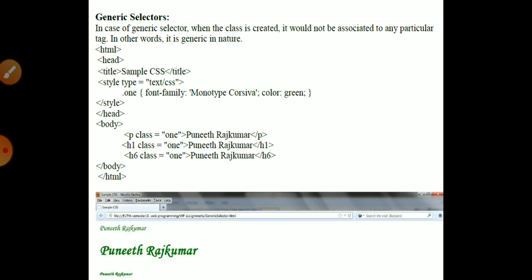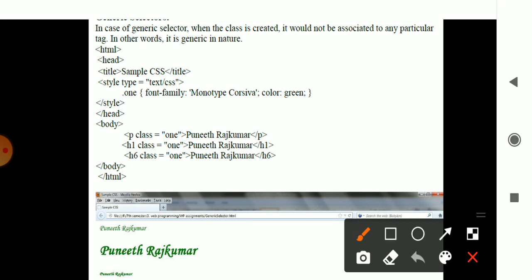A generic selector is any selector where you are not providing the class name. How is it specified? HTML, head, title, then you have style, text slash CSS. Here the class is not mentioned in the beginning with the paragraph; the particular tag is not used, and you directly mention the class you are using. So dot one, and only the font color is considered.